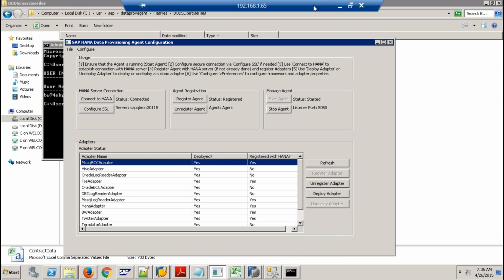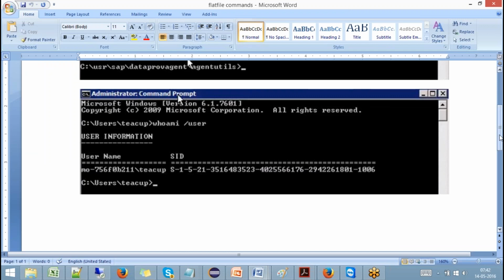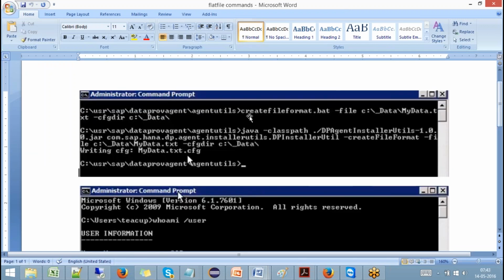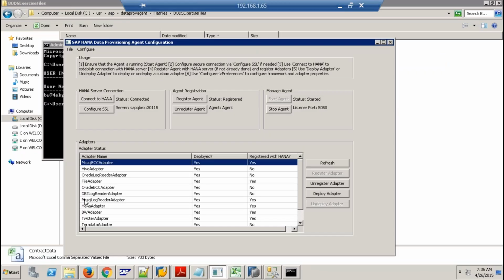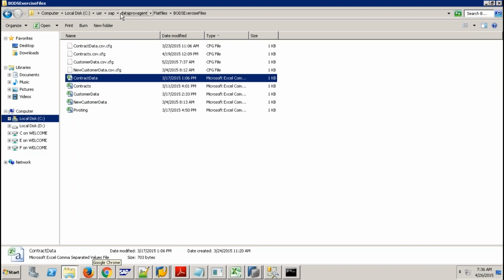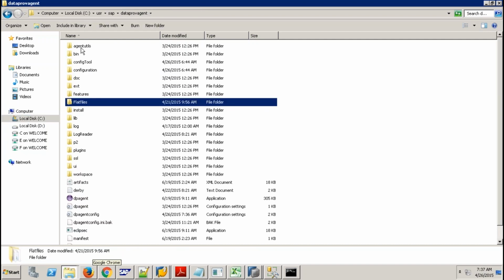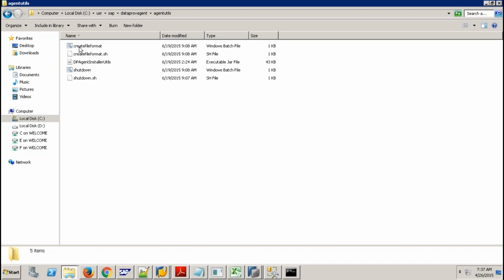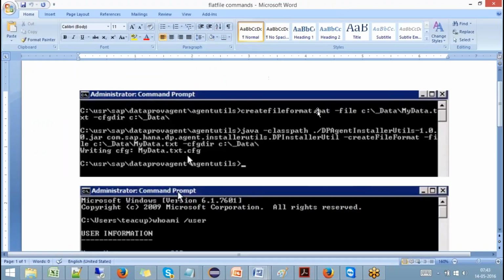Then you'll also have some command. Let's say you've been given only the data file. How to generate the configuration file? You'll have a file called create file format in the data provisioning utilities. When you install your data provisioning, you'll have a batch file called create file format. By using this batch file, you can generate your configuration file. You can just run that file with this command, create file format, file, this is my data file, and hyphen configuration directory into this folder. For example,